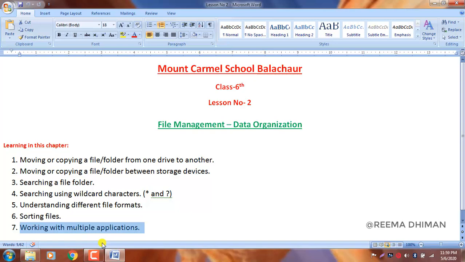You may need to work with 2 windows at the same time. That means you have to open the presentation software as well as the web browser to search for the material. So Windows 7 allows you to open several applications and work in them at the same time.